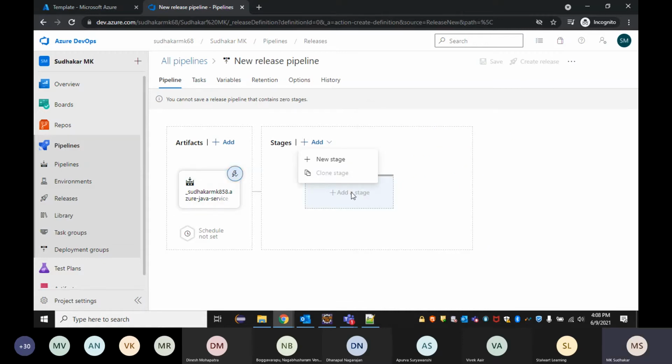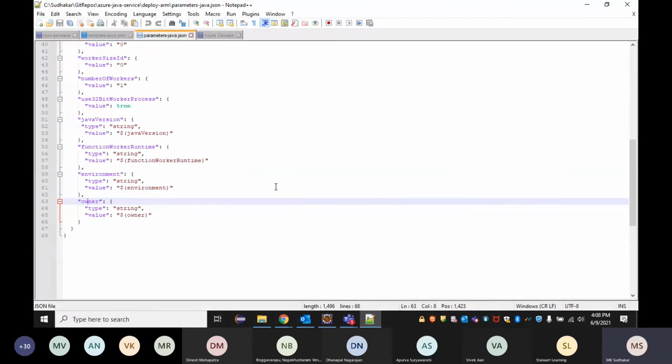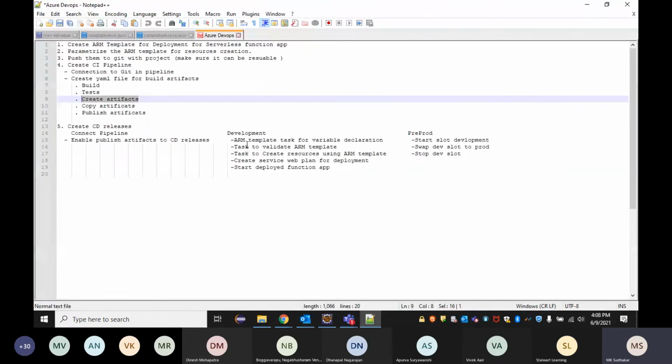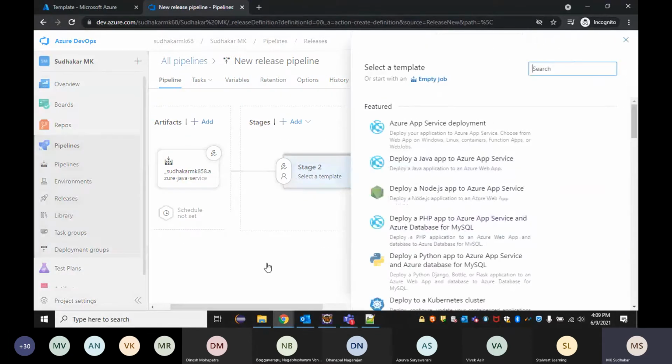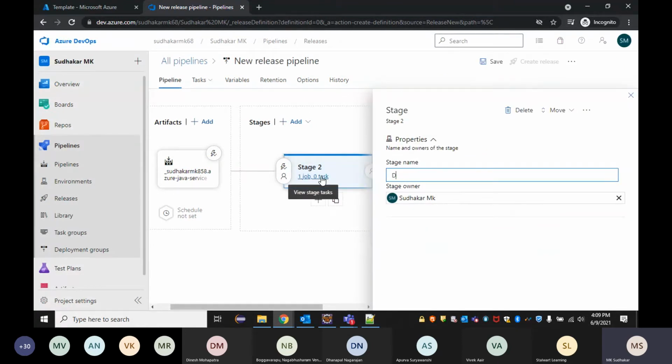Now there are two stages, I spoke about, right? One is the development stage and the other is the pre-prod stage. These can also be linked here because now the artifact is connected to the stage, and we can give a development name here, and we can start.